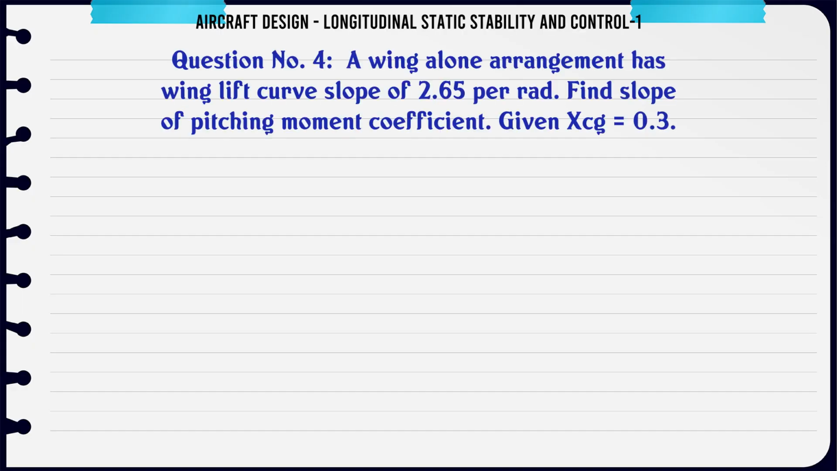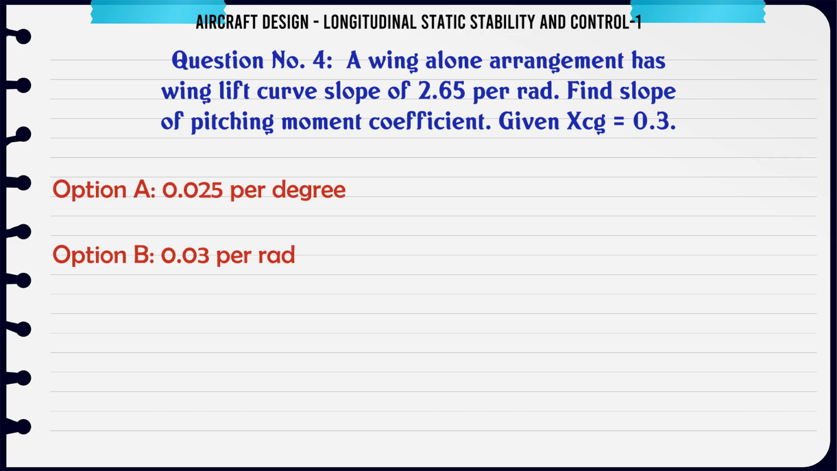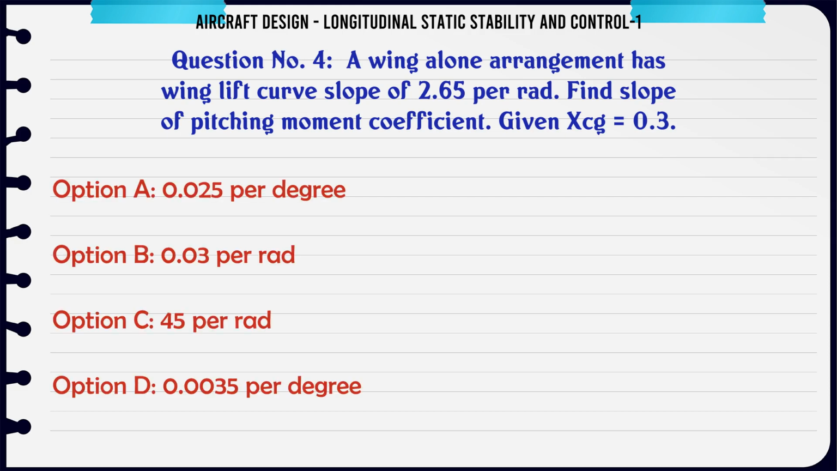0.892. A wing-alone arrangement has a wing lift curve slope of 2.65 per rad. Find the slope of the pitching moment coefficient. Given x CG 0.3. A 0.025 per degree, B 0.03 per rad, C 45 per rad, D 0.0035 per degree. The correct answer is